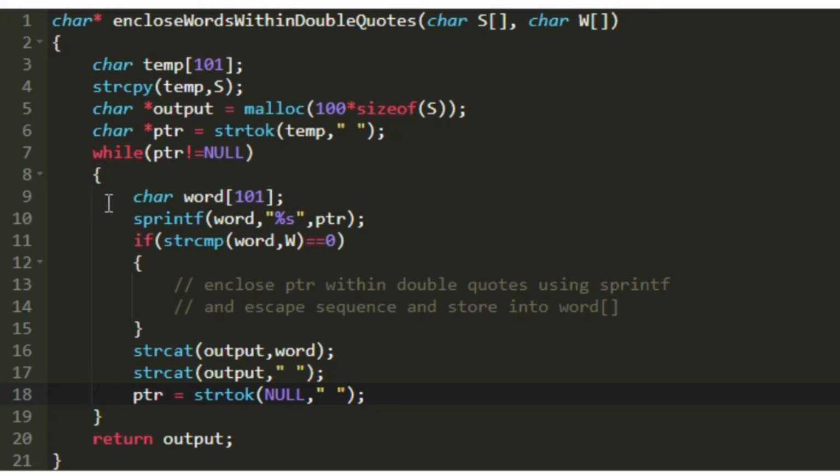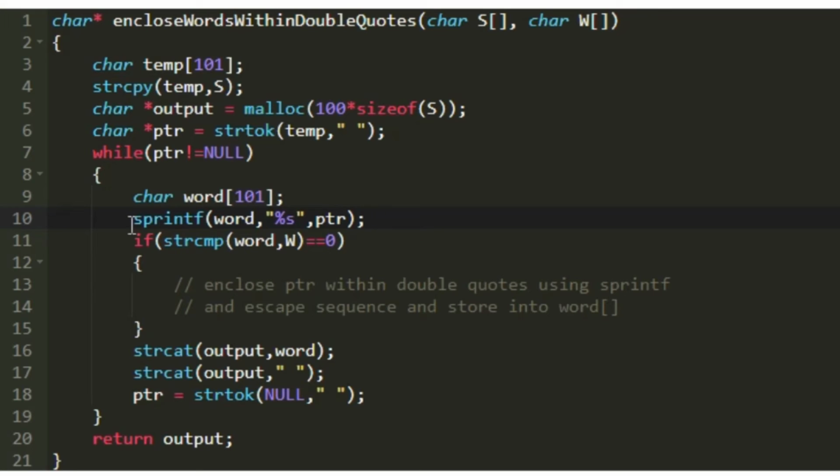When we do it like this, we will be iterating through all the words in our temporary character array, which is nothing but the first line of input S. In every iteration of this while loop, the ptr will return a string value, and we are going to store it in another character array named word for our convenience. So I'm creating a new character array named word of size 101, and I'm going to store it using the sprintf function.